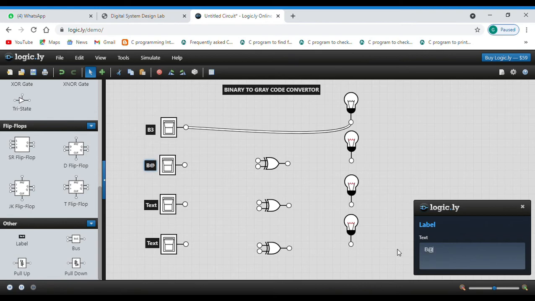We'll label them as B3, B2, B1 and B0. Now we'll label the XOR gates.